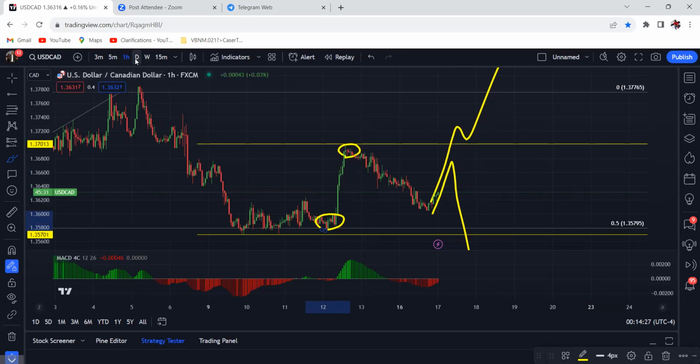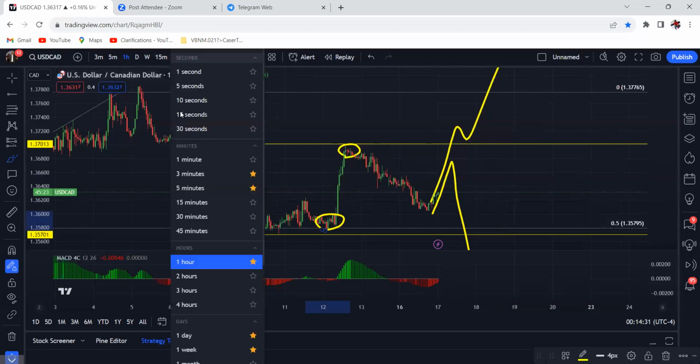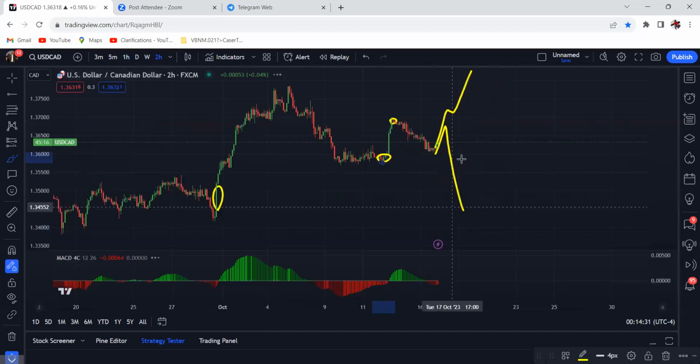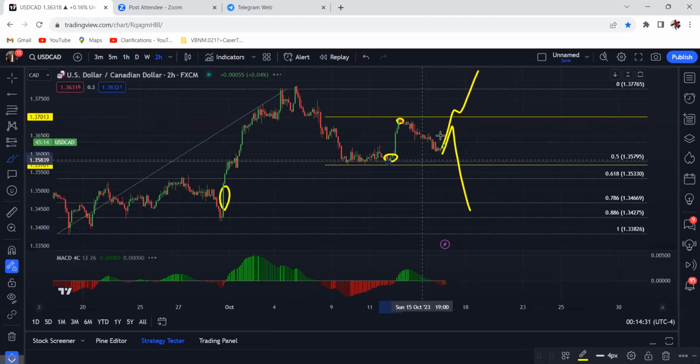And then the purpose of the Fibonacci tool: always ride your trade to that extension level, whether it's going up, we're going back to 0, or whether it's going down. All right, perfect. We use like 2 hour. I'm going to the 618. I'm going to the 786. I use the fibs as a potential entry area and also a take profit area, where to get out of the market.